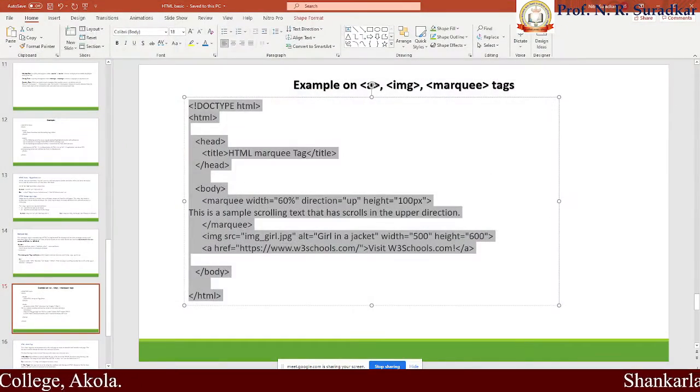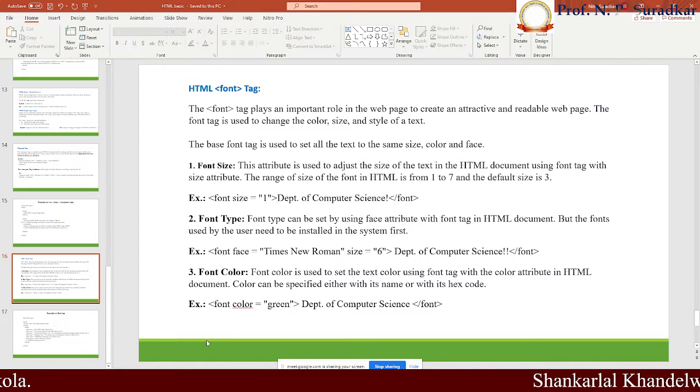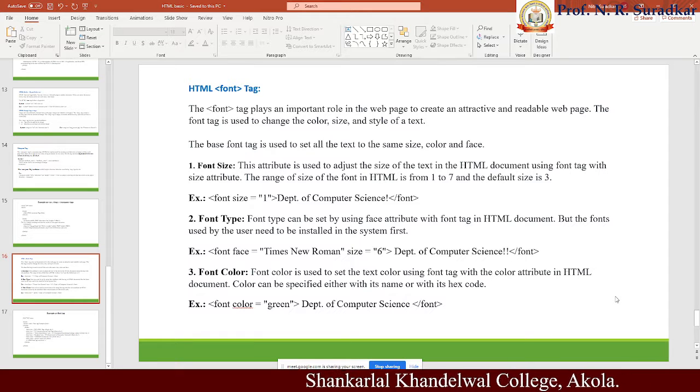Okay, next tag is the HTML font tag. What is the use of the HTML font tag? The HTML font tag is normally used to apply effects on the text which we are going to use on our web page.